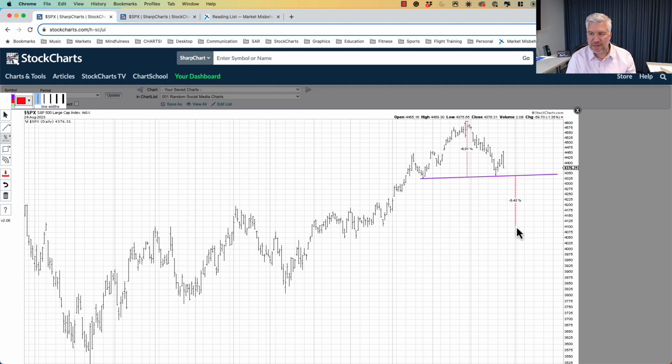You basically take the height of this pattern right here. I'm going to get there all the way. There we go. You take the height of this head and shoulders pattern, and once we complete the breakdown, so if and only if we break the neckline, then that says this is the topping pattern, and there's my downside objective. You can see it goes right down to 40.75, we'll call it, just below 4,100.